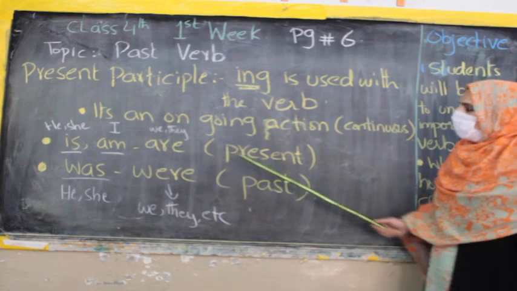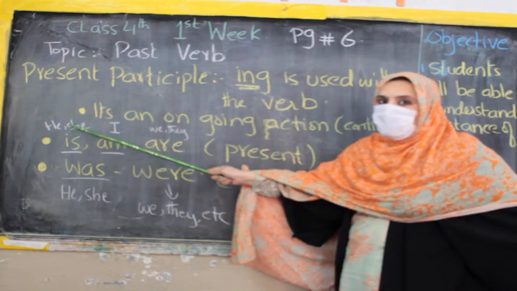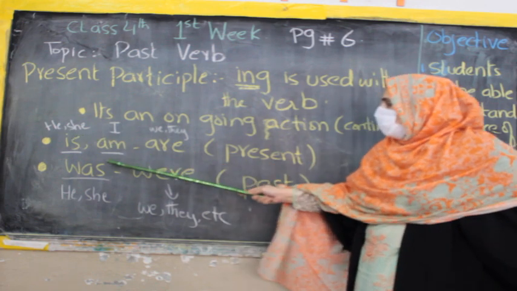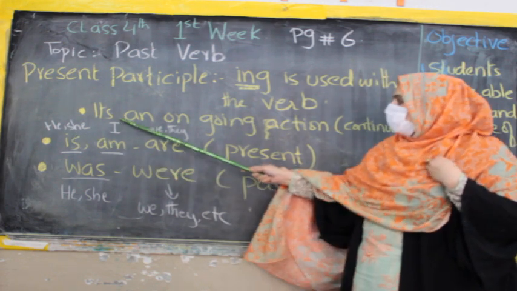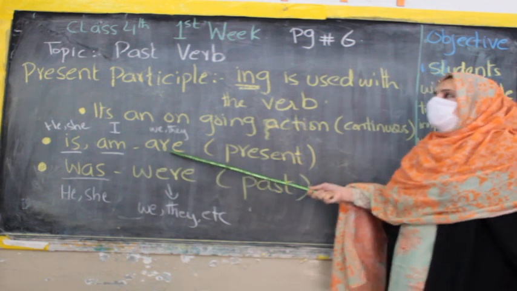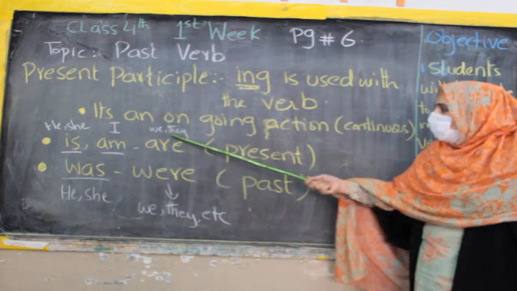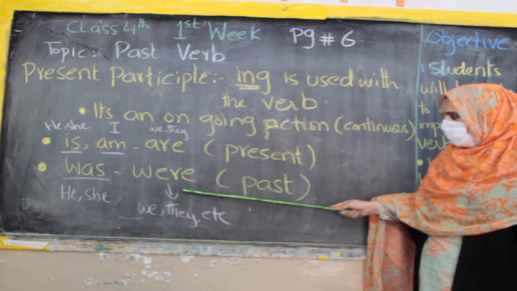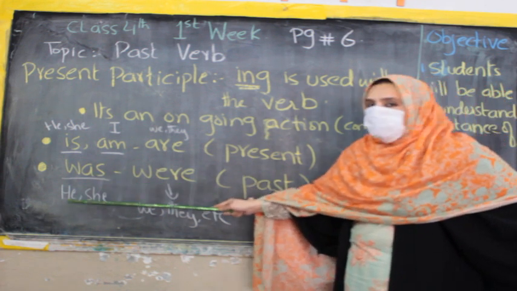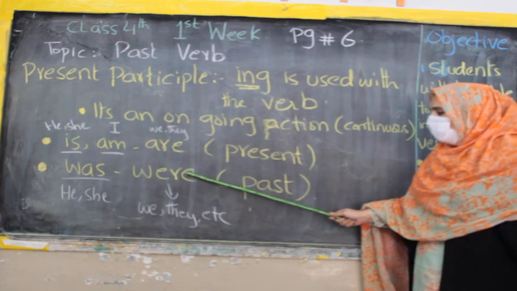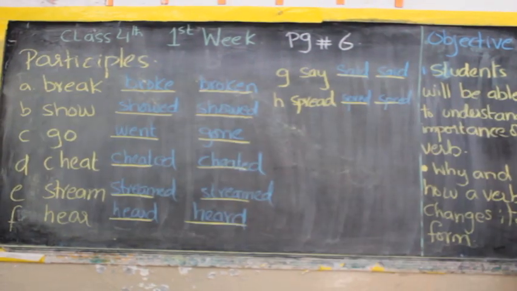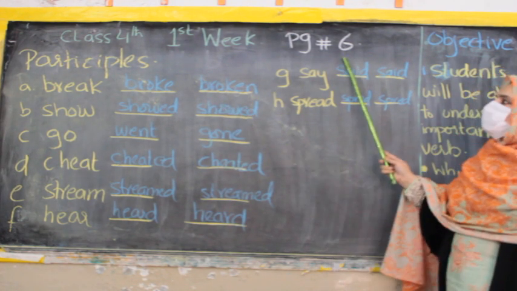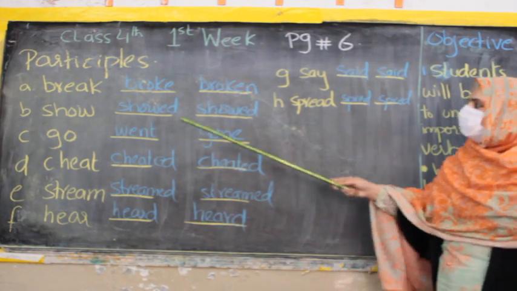Now it depends on the subject. With a singular subject, we use is. If it is I, then we use am with it, and if the action is done by many people, we, they, are is used. Same is the case with the past tense. We use was with singular subject and we use were with the plural subject. Start. Now this is the question which is given on book page number 6,